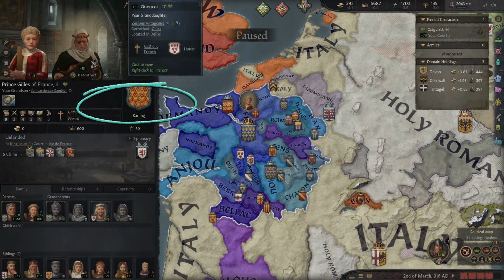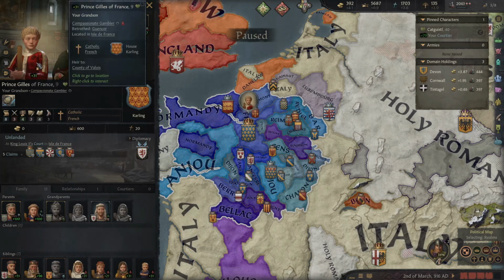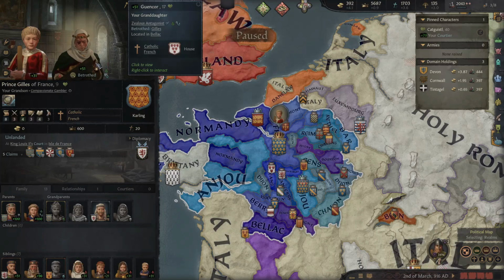But here's where smart planning pays off. I arranged a matrilineal engagement between my granddaughter and one of the French king's sons. That prince is already lined up to inherit a county, and because the marriage is matrilineal, his children will belong to my dynasty. So when he inherits the county and eventually dies, the title passes directly into my house,